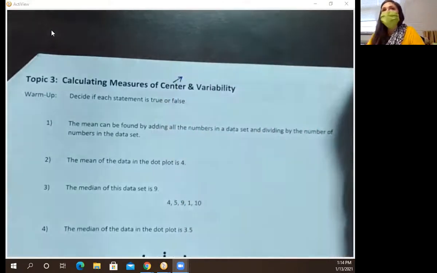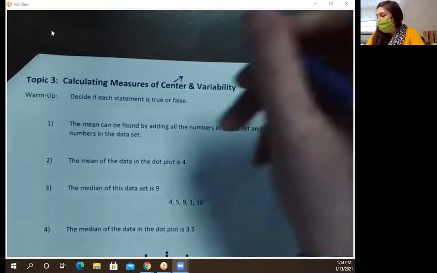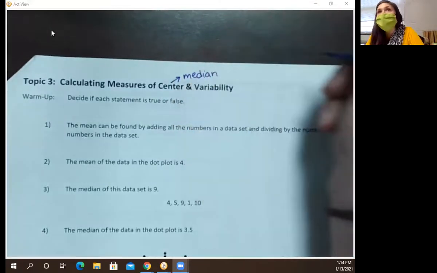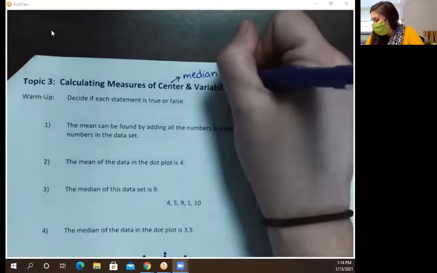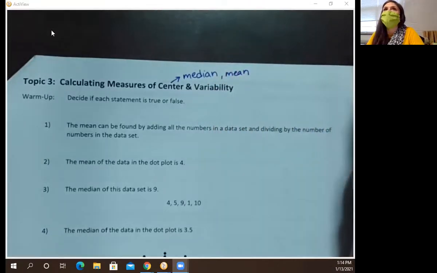Measures of center are where we're looking at some of those statistical measurements, or those calculations that we do, when we want to look at where the middle of our data is. So that would be things like median, right? Median is where we find the middle. And things like mean. Unless I've got some really crazy values thrown in there, mean is usually a fair indicator of the middle of